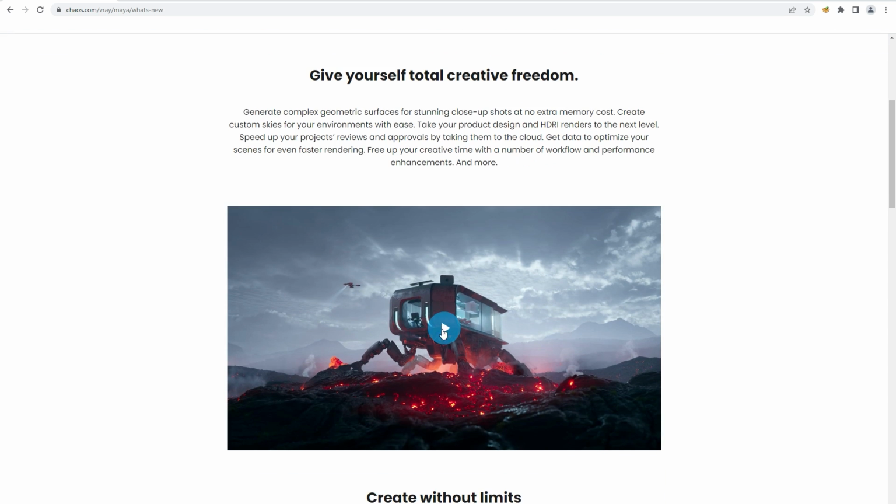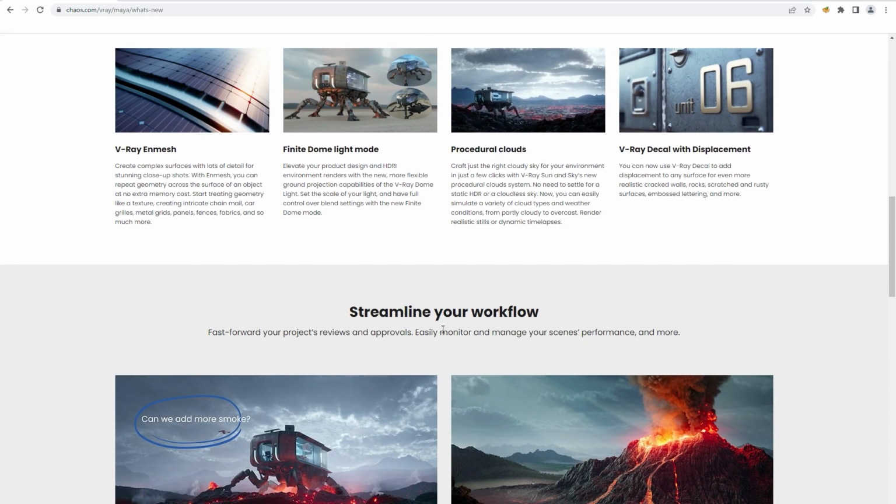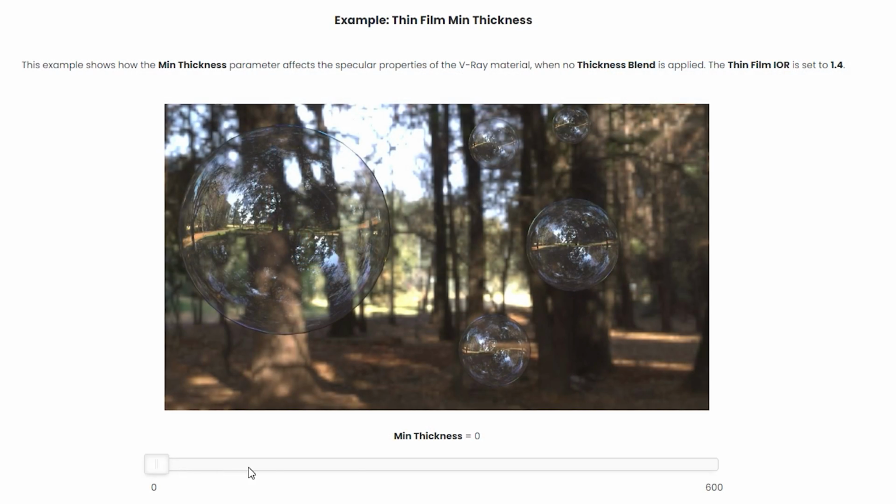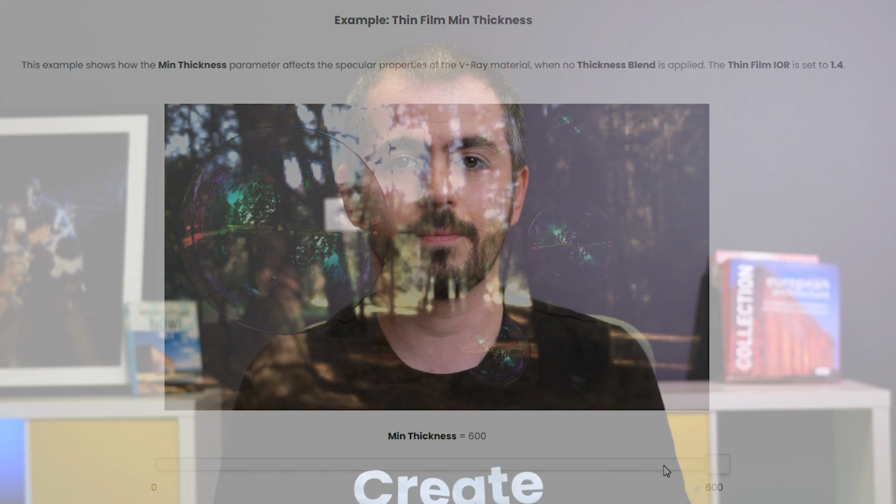Some of the new features were possible thanks to the research done by our team. We implemented a new thin film layer in the V-Ray material to make the shader more complete. You can use it to shade soap bubbles, or oil spills, and other iridescent effects. We paid close attention to performance, and in this version, the V-Ray environment fog renders up to 30% faster. We made memory optimizations that help bring down memory consumption for scenes with thousands of instances. And of course, all of these changes had to be constantly benchmarked to make sure that we're on the right